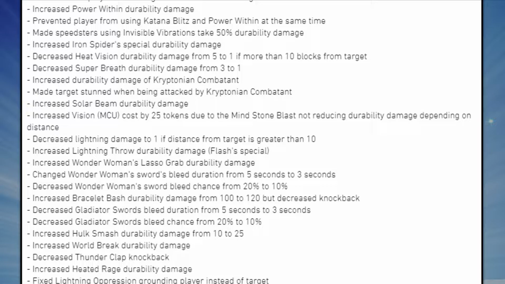if distance from target is greater than 10, increased Lightning Throw durability damage, Flash's special, increased Wonder Woman's Lasso Grab durability damage, changed Wonder Woman's sword's bleed duration from 5 seconds to 3 seconds, decreased Wonder Woman's sword bleed chance from 20% to 10%, increased Bracelet Bash durability damage from 100 to 120 but decreased knockback, decreased Gladiator Sword's bleed duration from 5 to 3 seconds, decreased Gladiator Sword's bleed chance from 20 to 10%, increased Hulk Smash durability damage